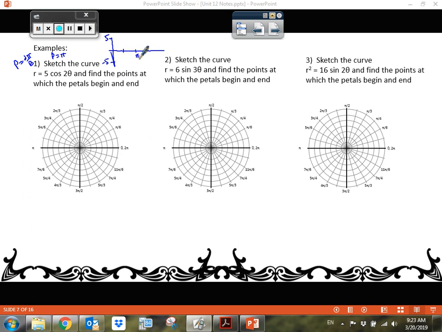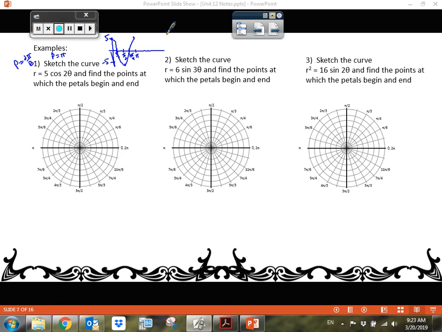So let's see, if one period is pi, then half of that would be pi over 2. Then we keep splitting, half of that would be pi over 4. So pi over 4, pi over 2, so 3 pi over 4. Okay, and it's cosine, so cosine starts at its maximum and then comes down. So we have this kind of thing going on. Okay, so,